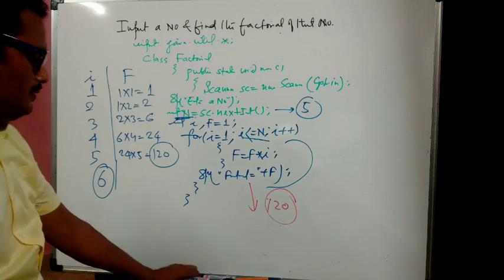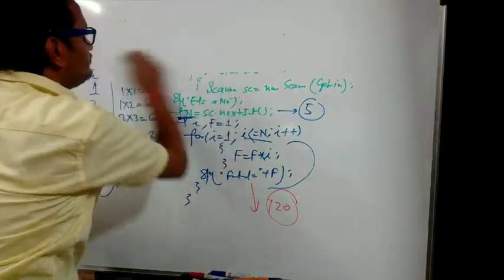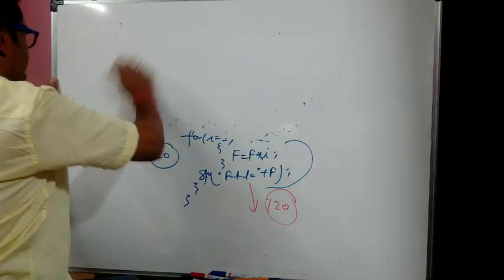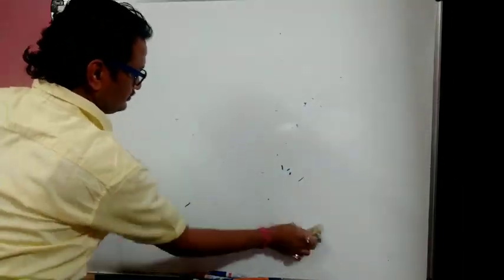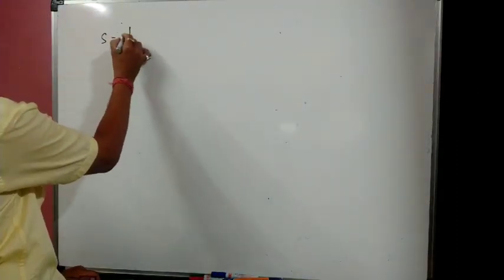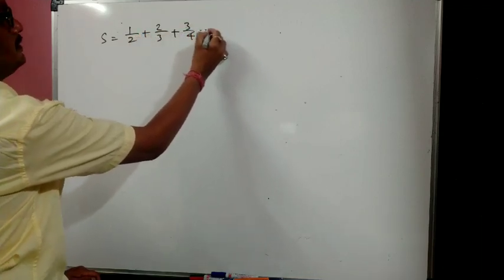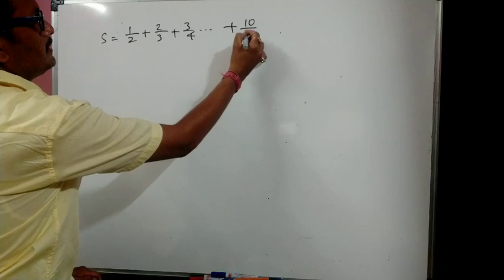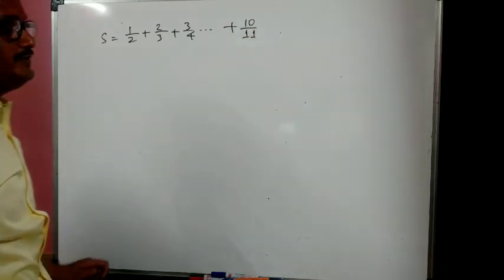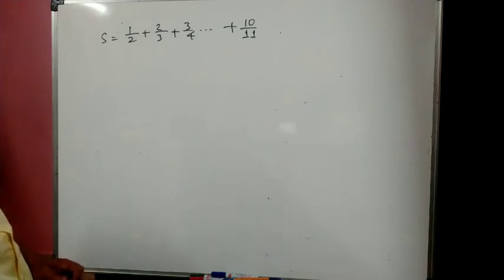Alright children, now the next question, that is related to series. The next question is: s is equal to 1 by 2 plus 2 by 3 plus 3 by 4, and the last is 10 by 11. Here I am dividing, 1 by 2, 2 by 3. That means when we get a division part,